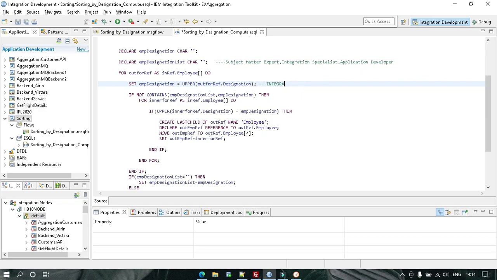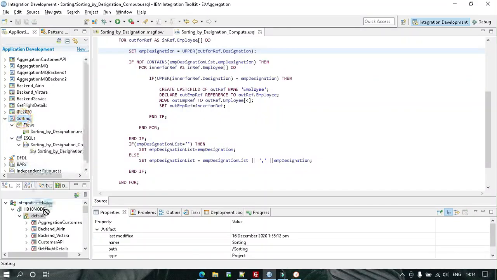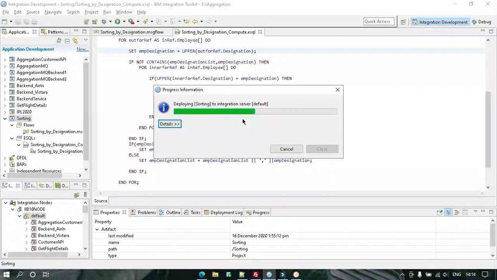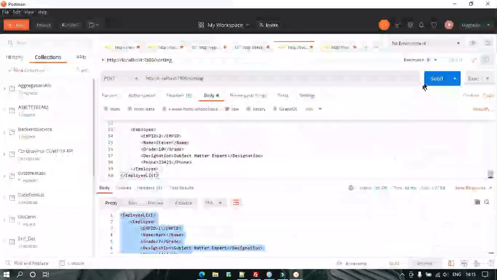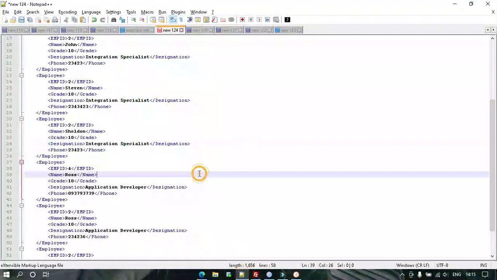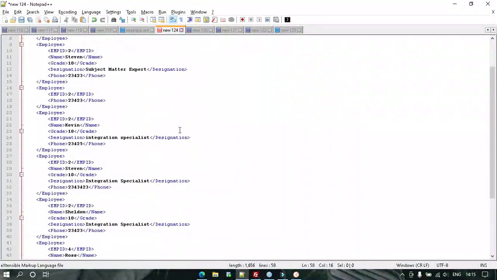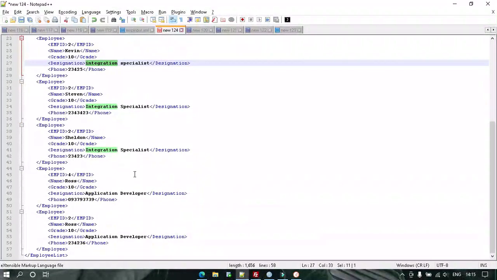Now everything will be matched. Now let's see. See, now this integration specialist is also coming with them. So our problem is rectified.